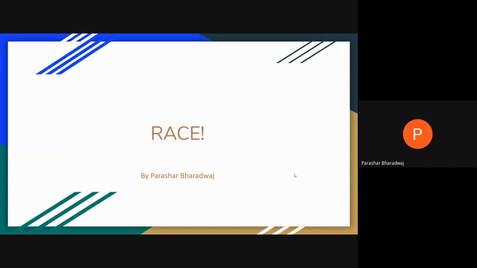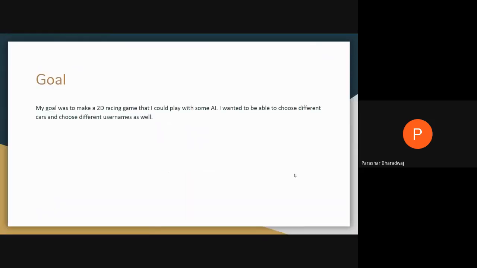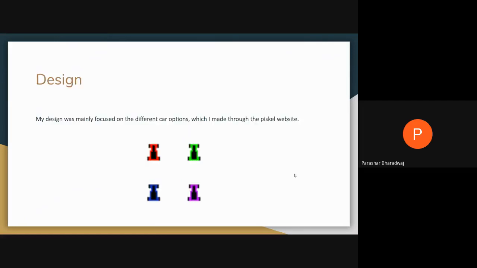Race by me, Parashar Bharadwaj. My goal in this project was to make a 2D racing game that I could play with some AI, and I wanted to be able to choose different cars and choose different usernames and customize my experience. My design was mostly focused on the different car options that I wanted, which I made